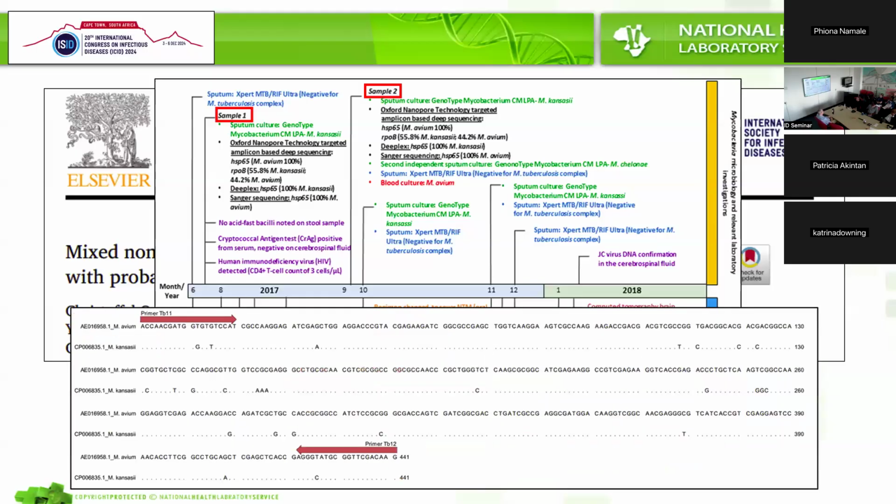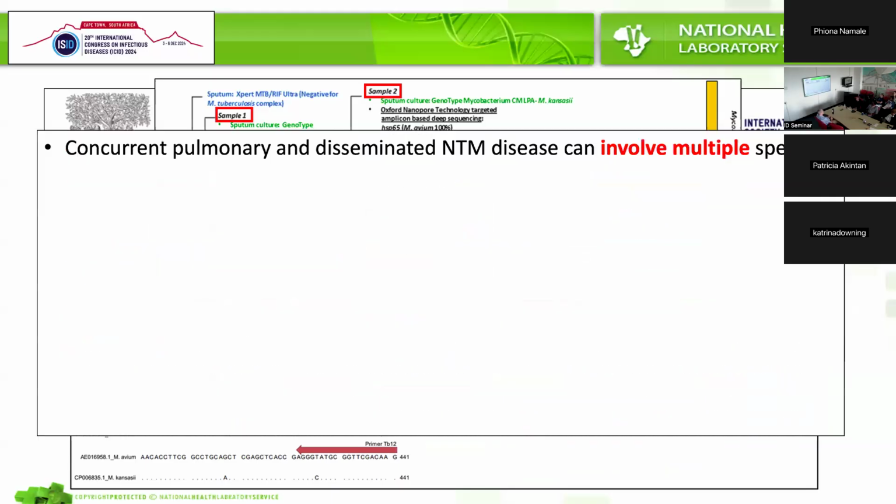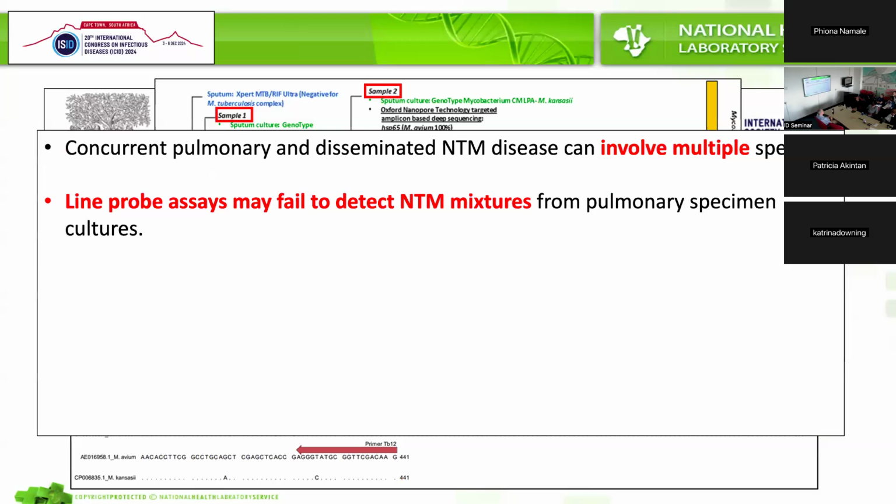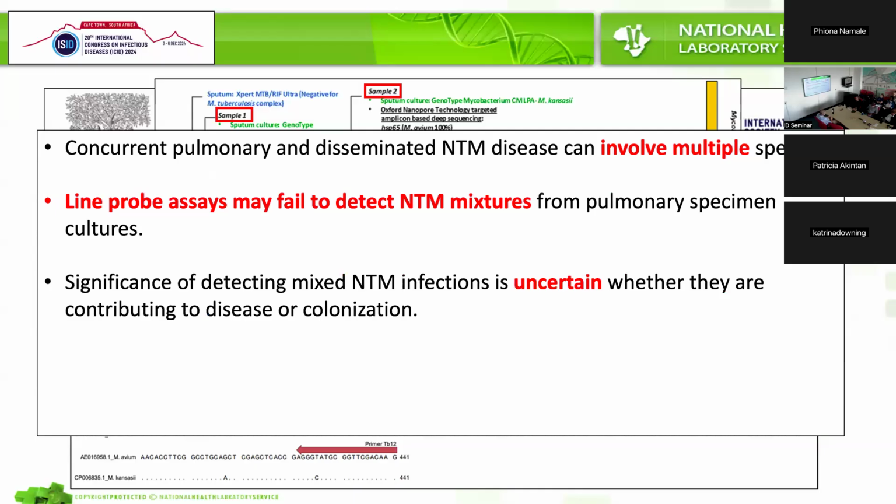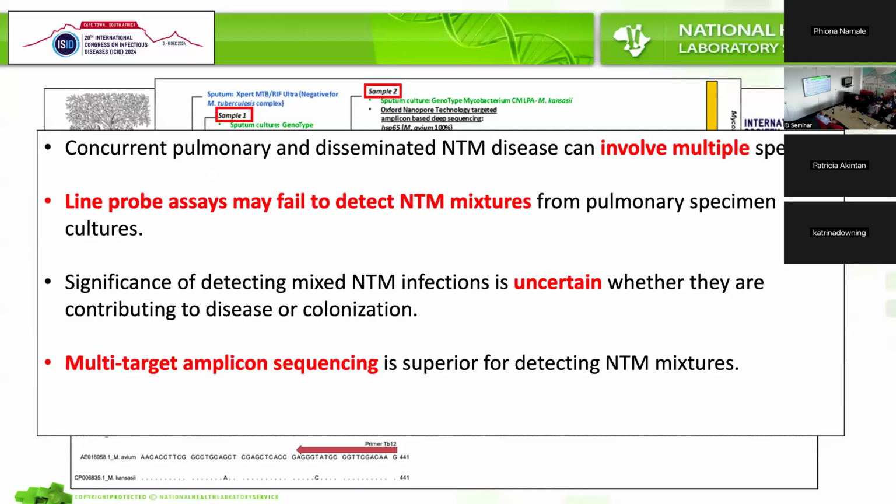And if you go look closely at the primer design for these two individual platforms, you'll see that they have different affinity. So even though they're targeting the same gene, one primer design platform has a higher affinity for the avium, while the other one has a higher affinity for the kansasii. So the line probe assay, we know, can fail to detect NTM cases, and most likely we will have to use multiplexing of different targets if we want to identify NTMs in some of these samples as well.